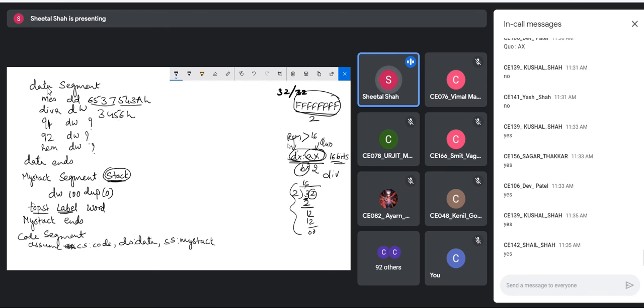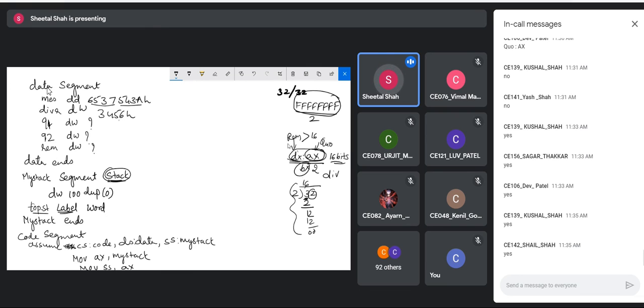Now, apart from the data segment DS register, you should also initialize the SS register. So MOV AX, DATA, MOV DS, AX, that we used to write. Similarly, I should also write MOV AX, MYSTACK and MOV SS, AX.